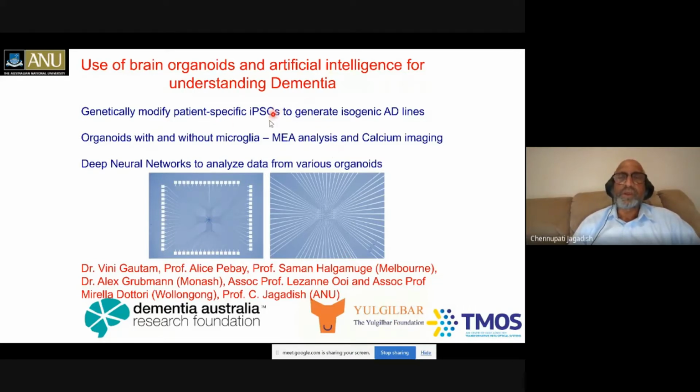stem cell biologists and taking the induced pluripotent stem cells from the Alzheimer's patients and healthy people, and then creating the mini brains or brain organoids with and without microglia, and measuring the signaling behavior using the calcium imaging and multi-electrode array measurements, and then try to apply the deep neural networks or artificial intelligence techniques to differentiate between healthy neurons and organoids, and then the Alzheimer's organoids, so that you can better understand the signaling behavior differences, and with a hope that we'll be able to really help people with Alzheimer's and dementia